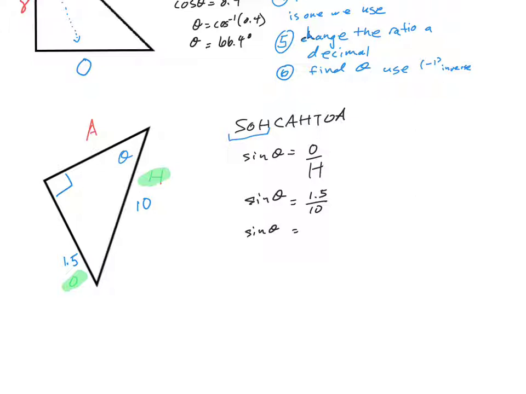And we change this portion here into a decimal right away, at least 4 decimals if we have it. So this is 0.15. And now we have theta is equal to sine inverse of 0.15. And we calculate theta to be 8.6 degrees. And we're done. Take a moment, copy that down, and then move to question number